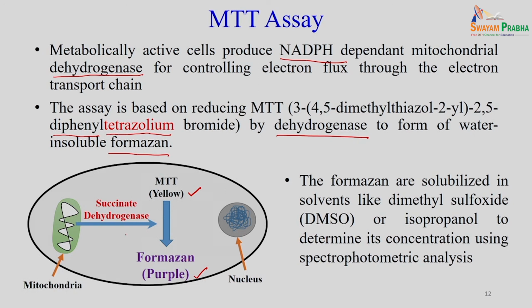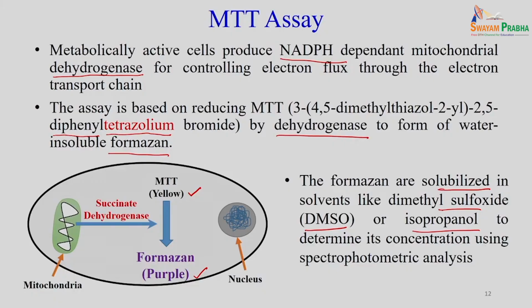So, the yellow color converts to purple, and whatever formazan crystals are formed, we can solubilize them in another solvent, particularly DMSO or isopropanol, and then we measure the intensity using spectroscopy methods. The amount of formazan crystals formed is directly proportional to the